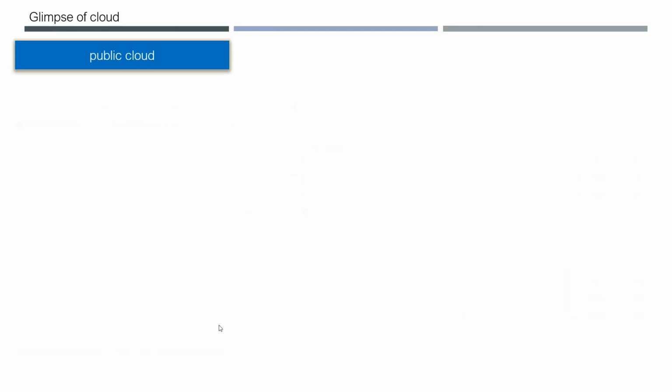Your network guys will take care of the networking, like putting in the LAN cables and the internet cables for the servers. Your server guys will take care of the server administration. That means installing the operating system, installing any patches, or installing the software required by the developers. All that will be taken care of by server administrators. And then storage guys. Storage means, you have a hard disk on your laptop or desktop, right? And similarly you have a hard disk on your server as well.